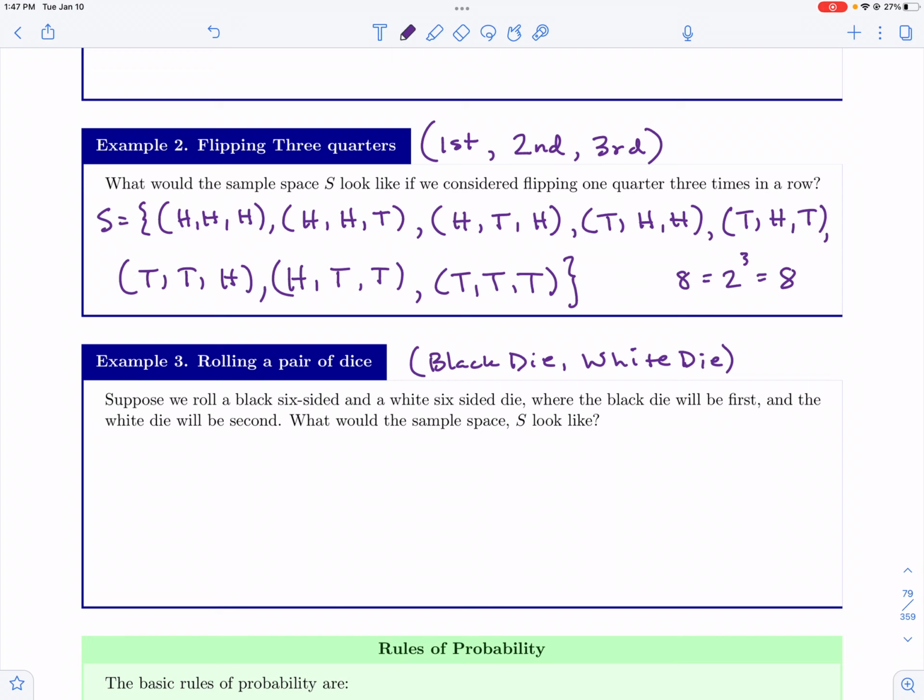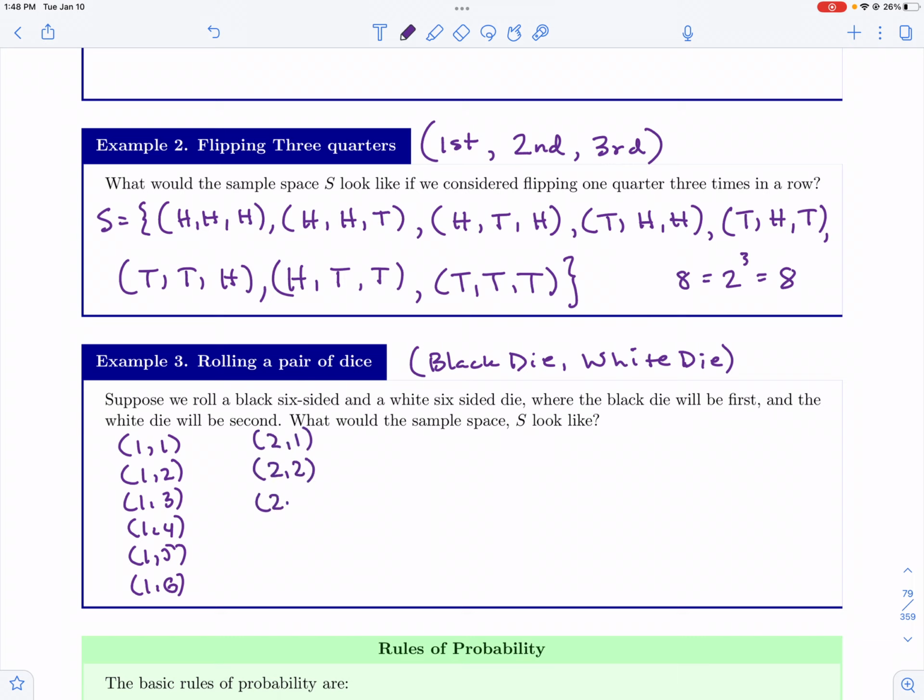So in this case, we could have 1,1; 1,2; 1,3; 1,4; 1,5; 1,6. And so now I'll just do the same thing over and over and over again, fixing the first die and then cycling through all the different possibilities. So now we could have 2,1; 2,2; 2,3; 2,4; 2,5; 2,6; 3,1; 3,